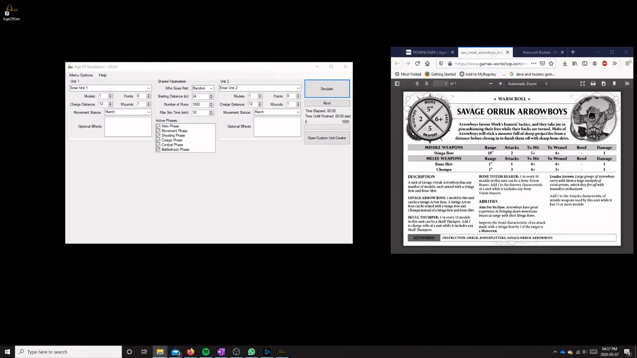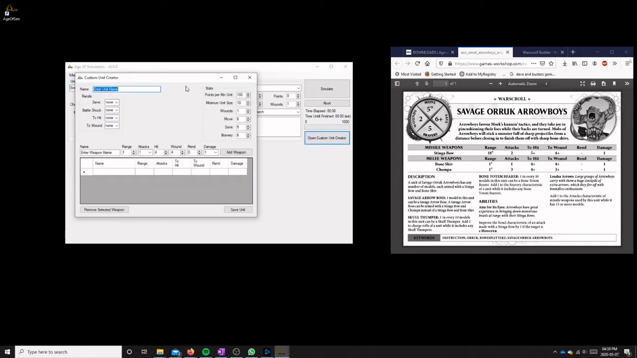If you'd like to simulate a unit that is not in the list of the available units currently in Age of Simulation, such as the Savage Orc Airboys, you can do so partially by creating a custom unit. To do so, we open up the custom unit creator as shown here,